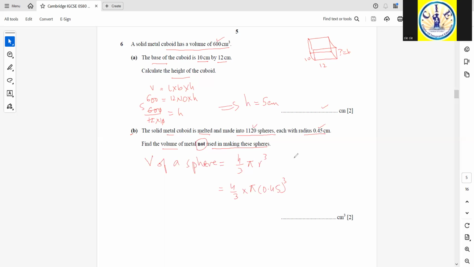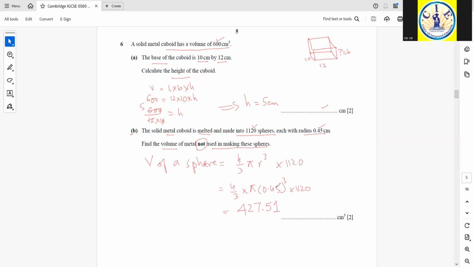That would give us, using our calculator, 4/3 times pi times 0.45 whole cubed, 0.3817. And since we need to have 1120 such spheres, I need to multiply this with 1120. So this is 427.51,